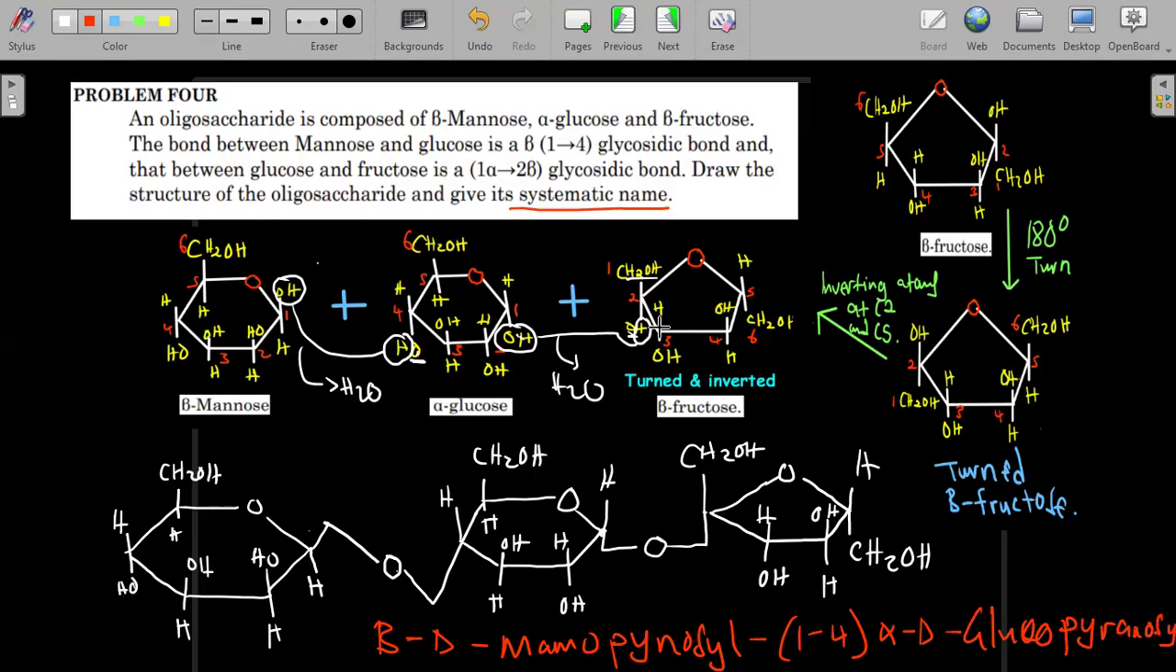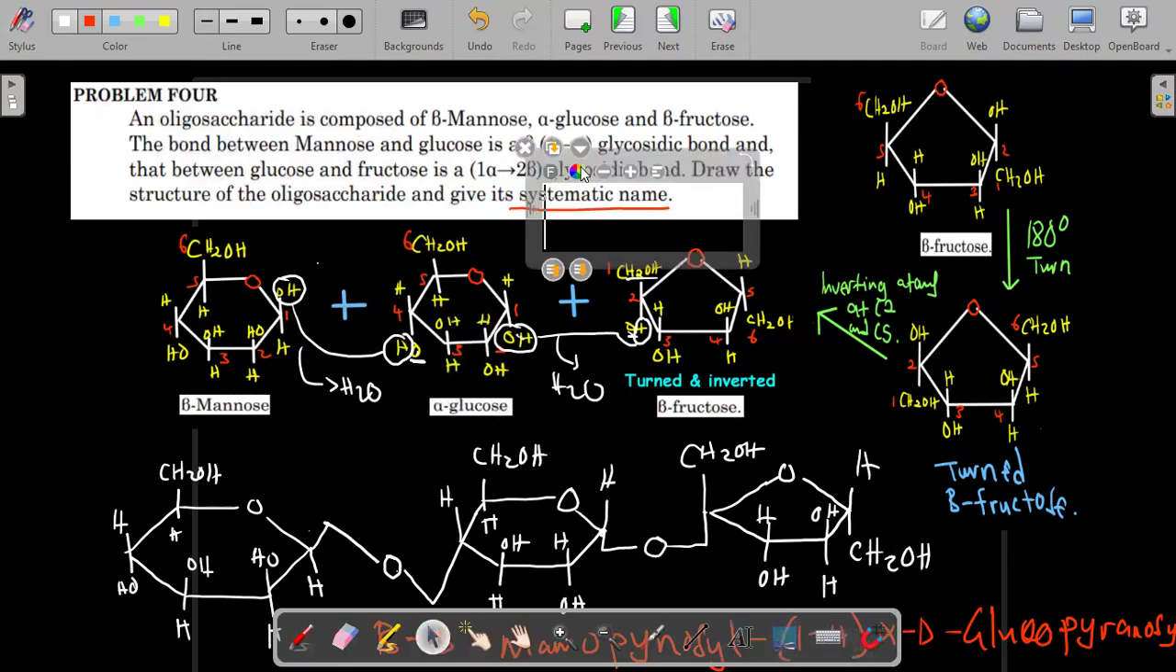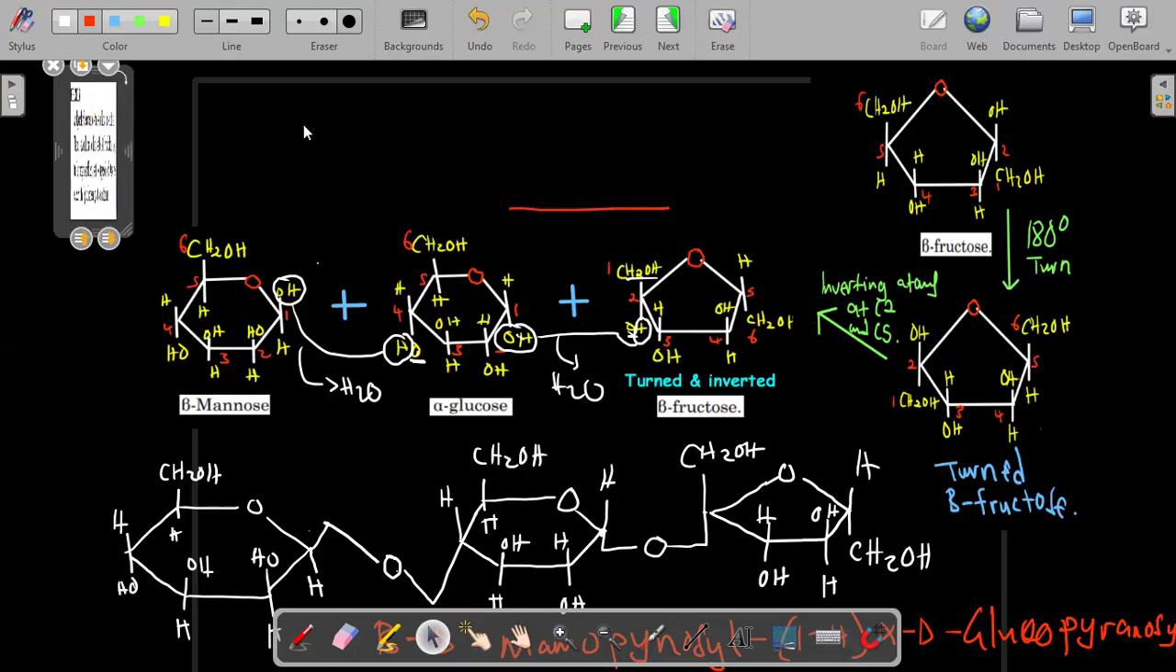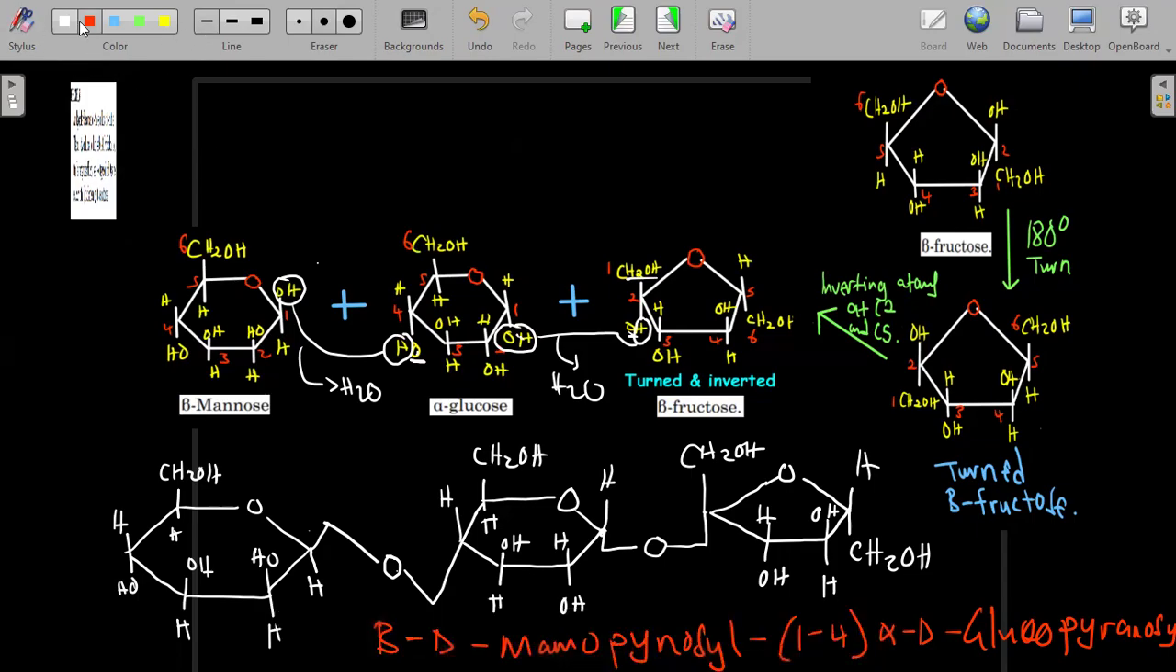Let me just write it on top here. Where am I going to write this now? I can erase this, but I don't want to erase this structure. So I'm going to do this. The name continues to go. So what we are going to have is